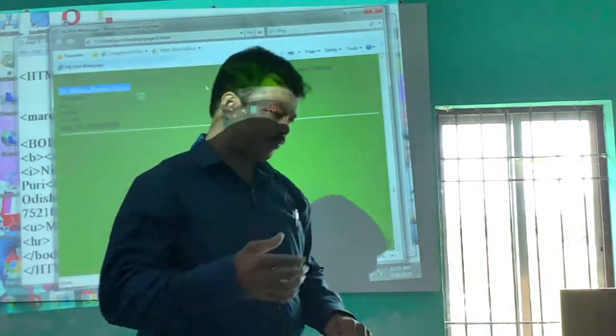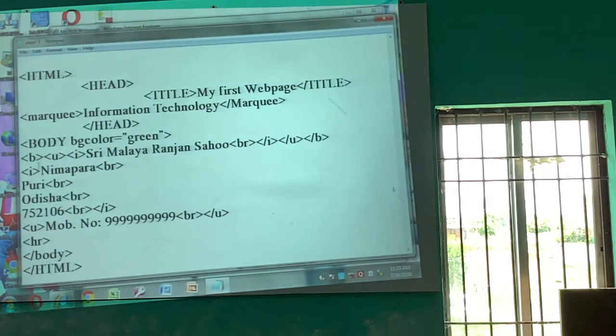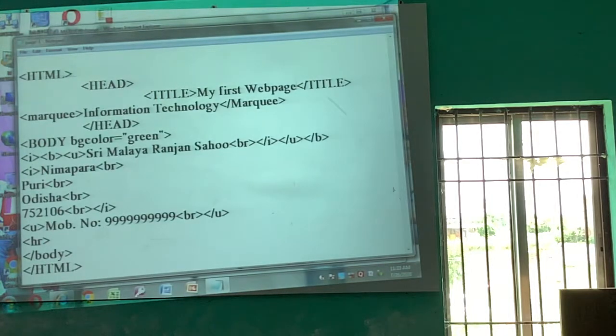But listen, suppose the I tag, I have already told you, you can type the tags in any order for the same effect. If the I tag is given first, then the bold tag, then the U tag, then save it. But I have not maintained the proper order. The I tag is first closed, then the U tag, then the B tag.